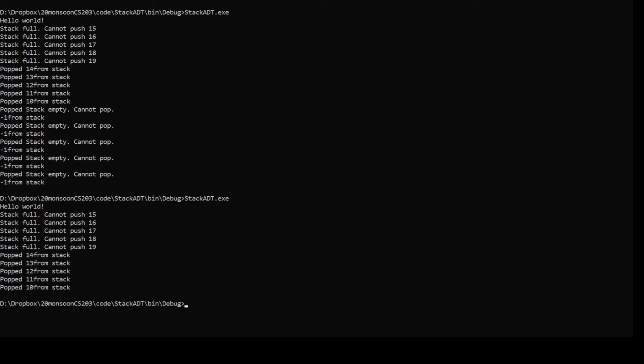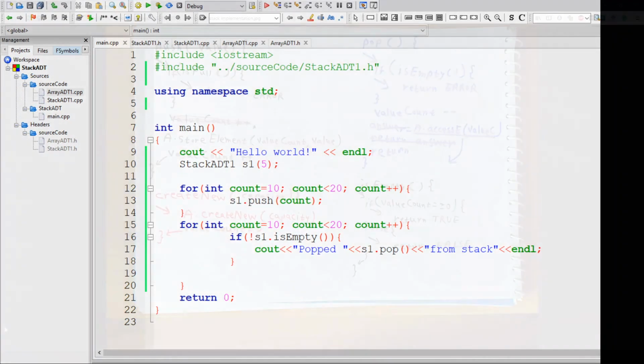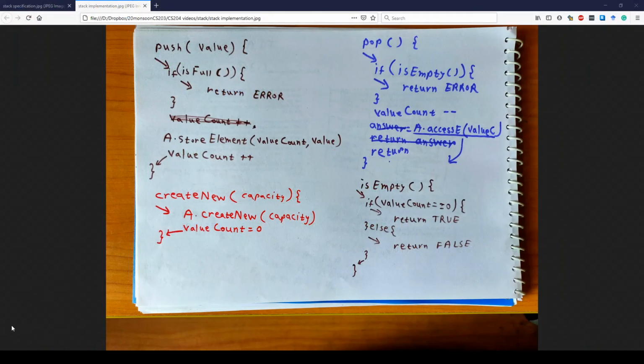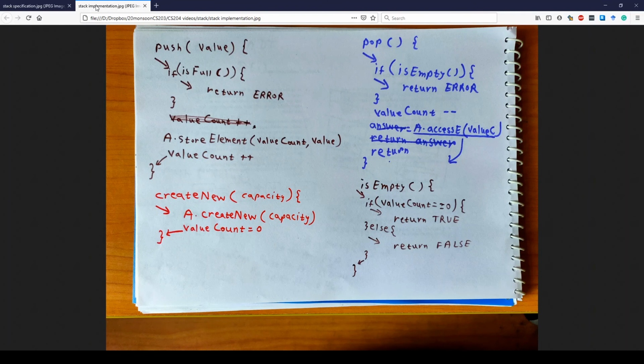So that's the implementation of StackADT. The important point to note is that if we have worked on our specification and logic well on paper, if you have put in efforts to understand how your abstract data type is supposed to behave, and you have taken efforts to write down the detailed implementation logic beforehand, writing the code is not difficult.